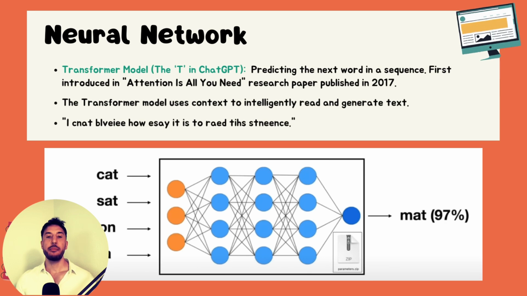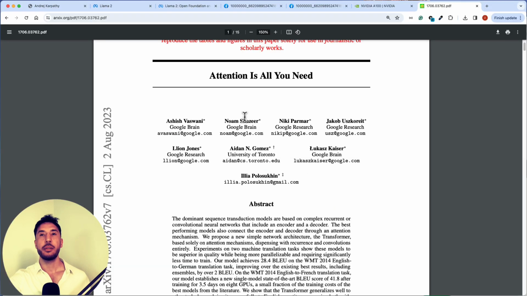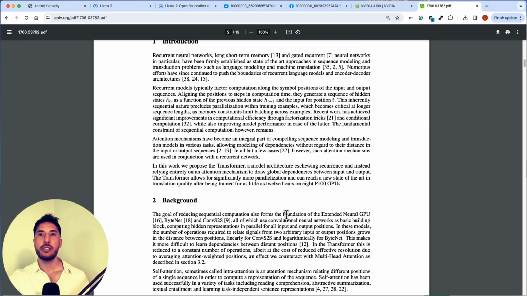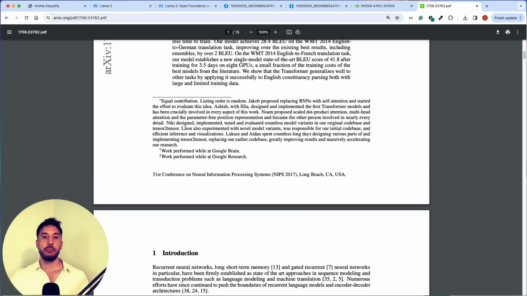paper named Attention is All You Need, which was published in 2007, and you can find this on archive.org. This is the paper, with all of these people from Google Brain, University of Toronto, and a few other individuals. You can go ahead and read through this documentation if you want to know exactly how the transformer model works. But to summarize it, simply put, in large language models, neural networks are the main engine or